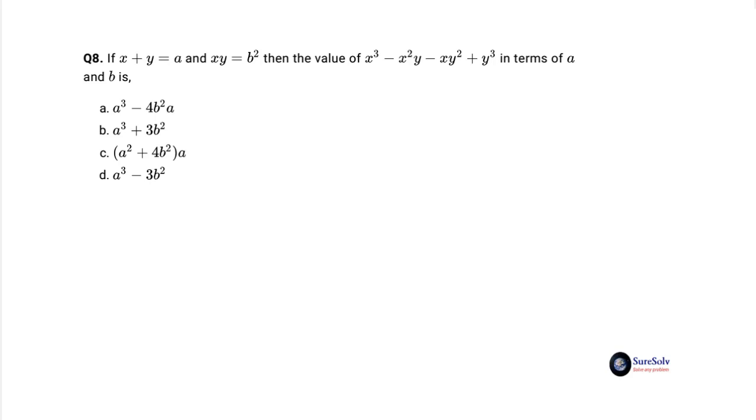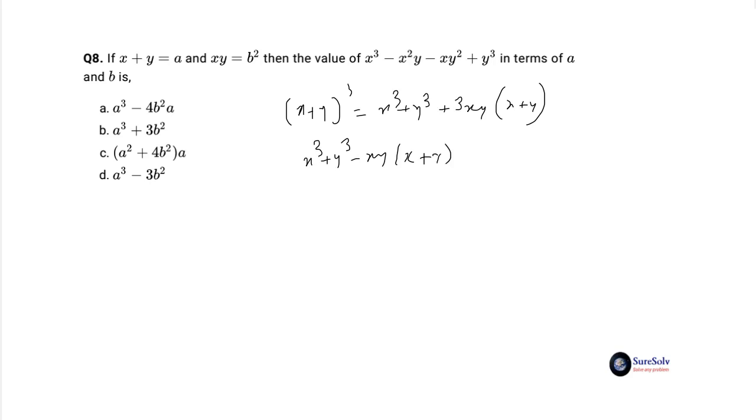The 4 terms of the direct expression are similar in form to the 4 terms of the expansion of (x plus y) whole cube equal to x cube plus y cube plus 3xy multiplied by (x plus y). And direct expression in compact form is x cube plus y cube minus xy multiplied by (x plus y). If you subtract 4xy multiplied by (x plus y) from (x plus y) whole cube, you get the direct expression. That is the key pattern identification in this problem.